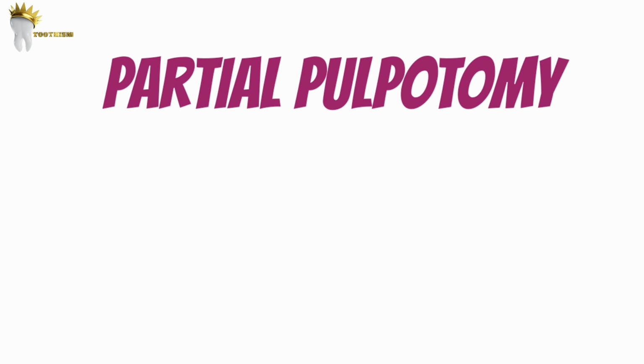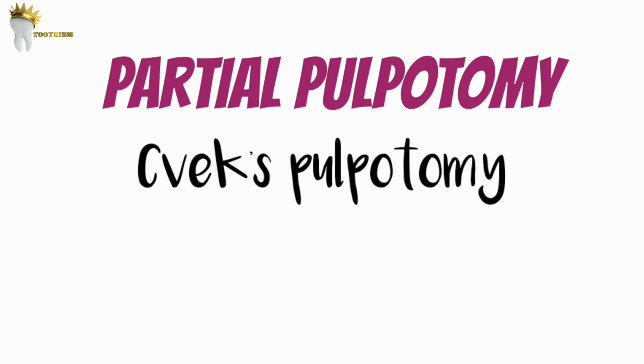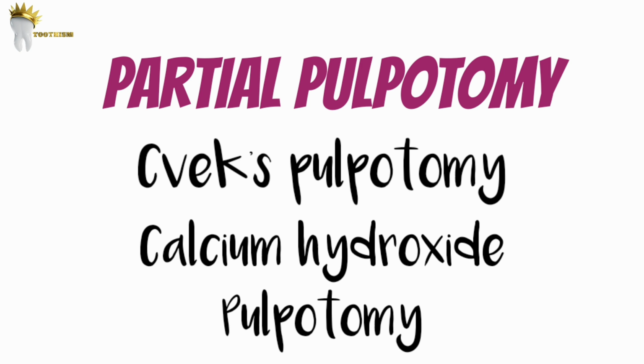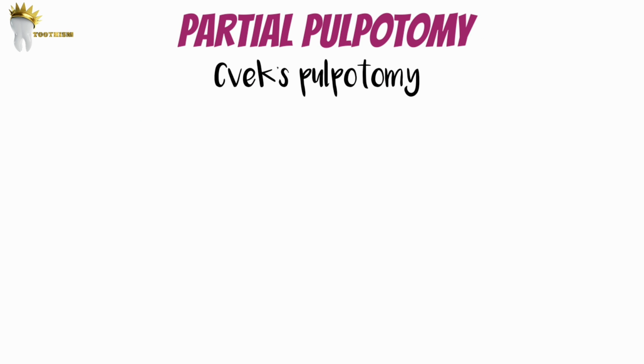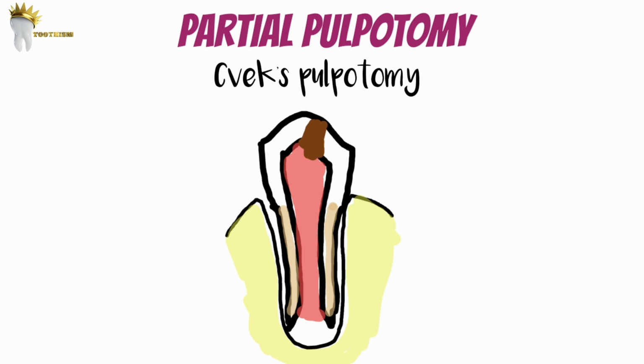Now besides this, there is one more type called Cvek pulpotomy. This is also called calcium hydroxide pulpotomy or young permanent partial pulpotomy. So this is done in young permanent teeth. By young permanent teeth, I mean permanent teeth where the root closure has not yet taken place and the